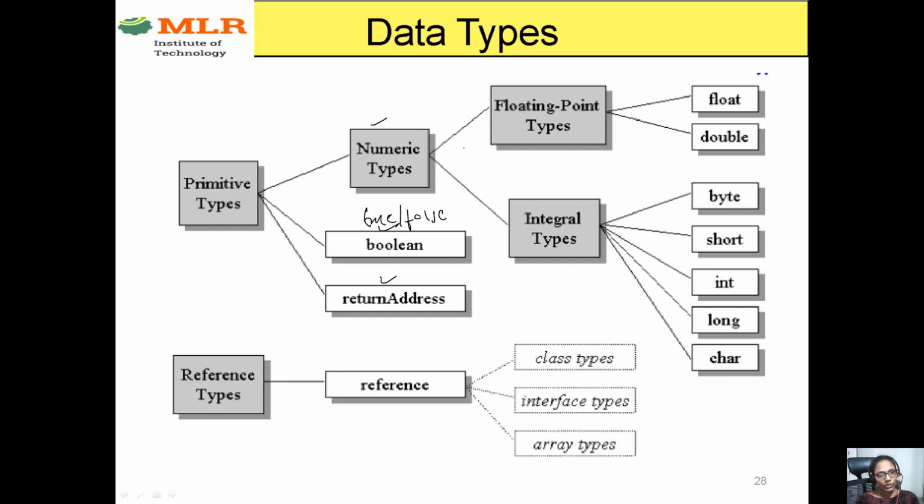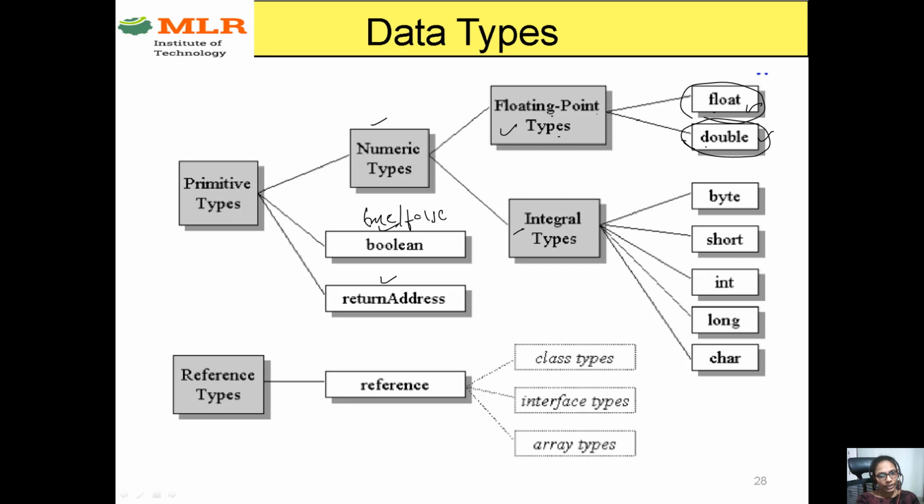And again, numerical types is divided into two types, floating point and integral type. Floating point means it contains a fractional part, and integral means it contains only integer representation. Under floating point we have two data types, float and double. There is no difference between them in that both support fractional values only. But if you want to get the accurate value, that means the complete value after the fractional part, then you need to go with double. If you declare your value as float, you will get only some part of the fractional.